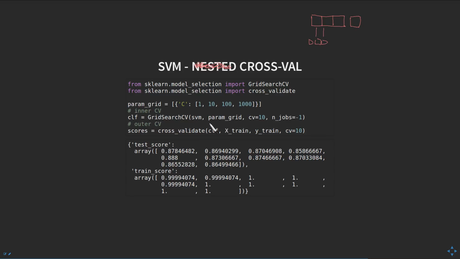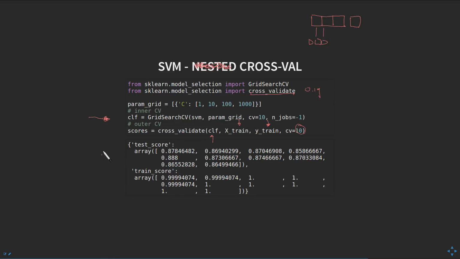So we supply the parameter grid, we do grid search, and then we do an additional cross-validation here with the best model from the grid search. So this automatically retrieves the best one. We can put that here, and we also put our training set and our labels. We say tenfolds, and we get these scores right here. Now notice that this cross-validate function is only in the most recent scikit-learn version. I think it's version 19. So if you try this and it gives you some error, it's probably not implemented yet in your version. But there's different functions to do this that look like this. Anyway,